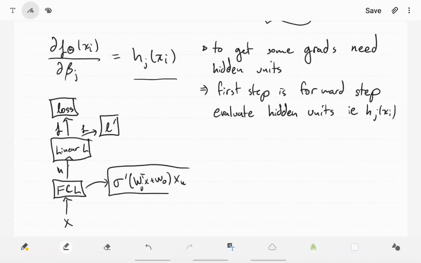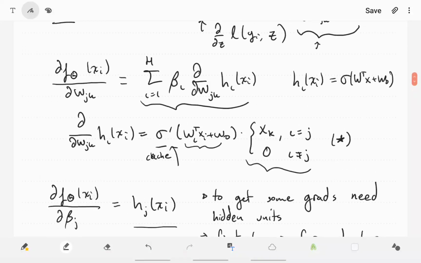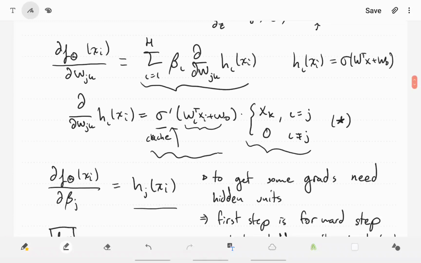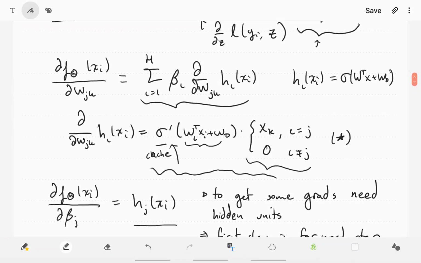So this will calculate this portion here, this whole portion here. So now we have this gradient with respect to wjk of h, and then we need to calculate the